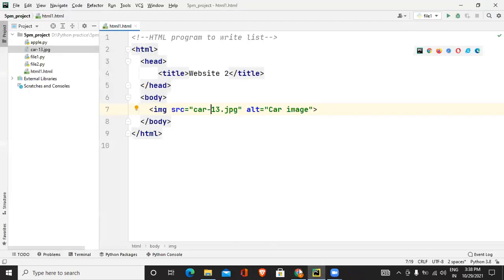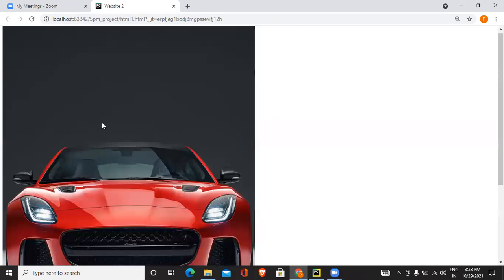Suppose the logo is not working, you can write the alternative text as logo. So the person will understand that image is acting as a logo there. That's the concept. But if you make the correction, suppose I'm giving the right name, instead of that text, you get the image. Clear?